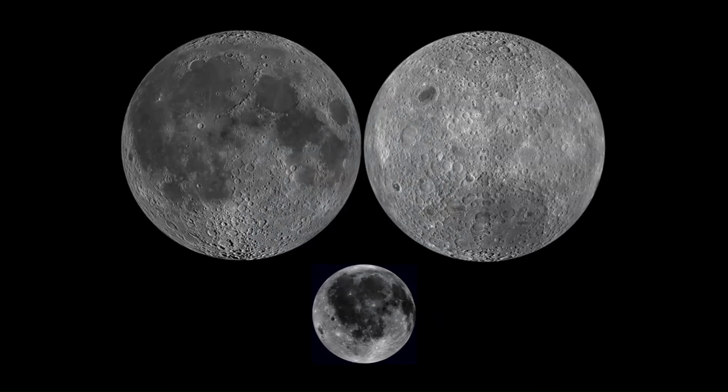So here we have the near and far side of the moon. Of course, the near side has all these dark features called Maria, or mare for singular. So here's a mare, and then the plural is Maria. So we do have Maria on the near side, and not really hardly anything on the far side, just lots and lots more craters. And that's because of the Earth's gravitational influence again, which has made the moon's crust on